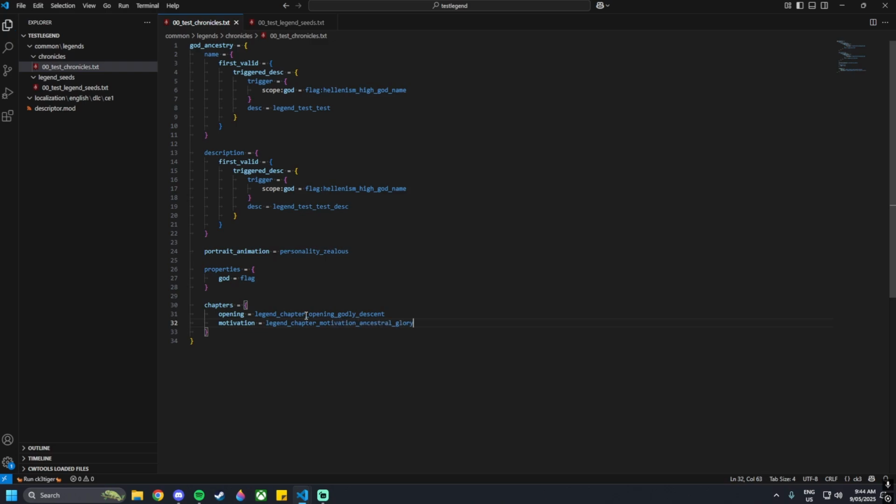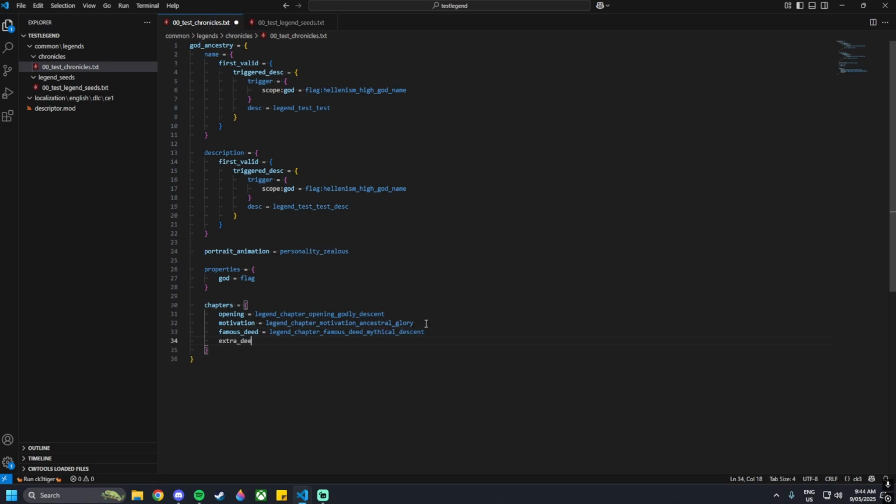There are a bunch of different values like this in the base game files. I'm just choosing ones that make sense for the test legend that I'm making. And then we've got famous_deed = legend_chapter_famous_deed_mythical_descent, and then